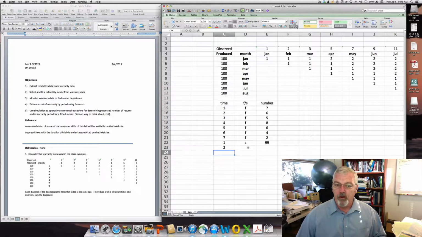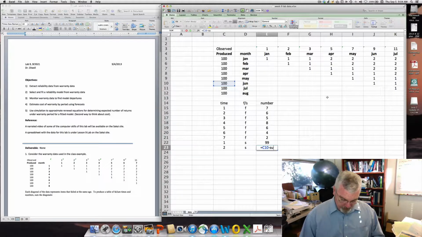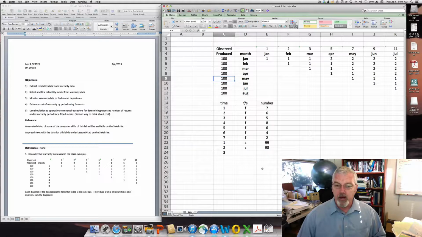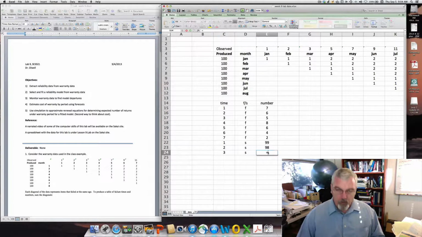For the ones that are 2 months old that are suspended, that's going to be equal to the ones made in June minus those that have failed, which is the sum of these two. Okay, 98 suspended. For the ones that are 3 months old, those are the ones made in May. We started with 100 of those, and we have had the sum of these fail. There's 97 suspended there. For the ones that are 4 months old,